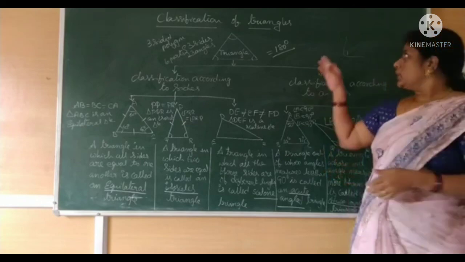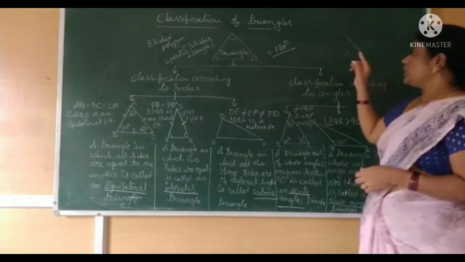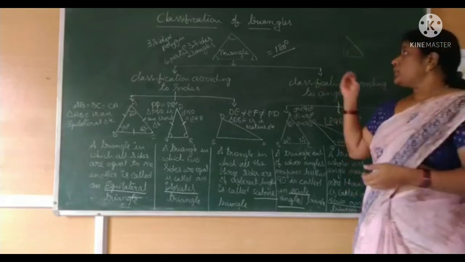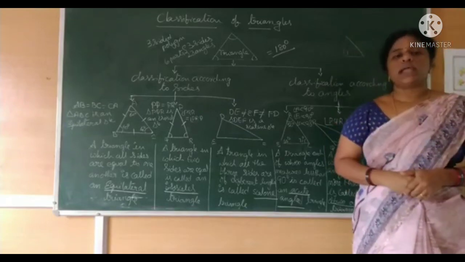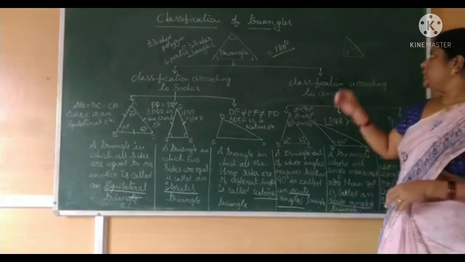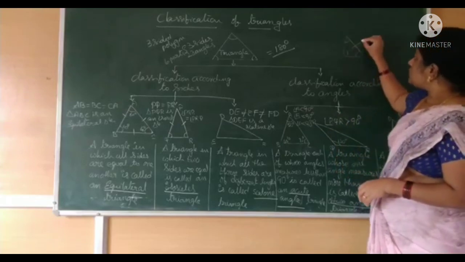And one more: in a right angle triangle, one angle equals 90 degrees. So what about the remaining two? The sum of the remaining two angles is also equal to 90 degrees. So these two angles must be equal to